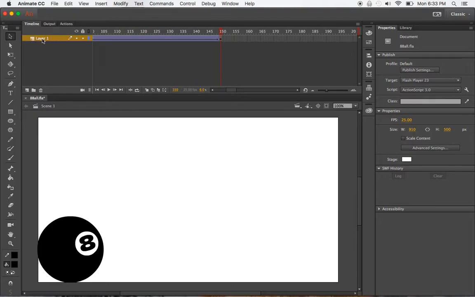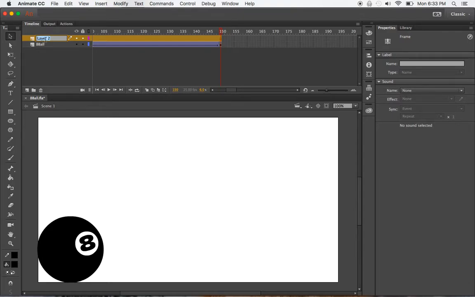Okay, so firstly, it's a good idea to label your layers so you know what's what. So I'm just going to double click that and call it 8 ball. And then if I want to do other stuff, I'm just going to create, over here you can see I've got this icon, it looks like a page with a corner turned up. If I hold my mouse over it without clicking, it says new layer. Okay, so I've now got a new layer. I'm going to double click that, I'm going to call it